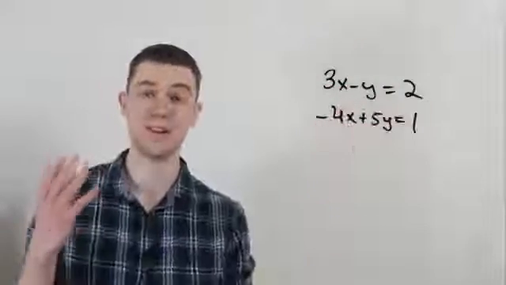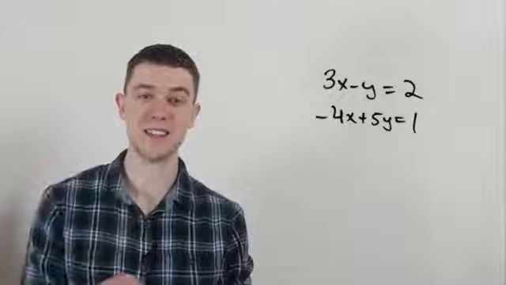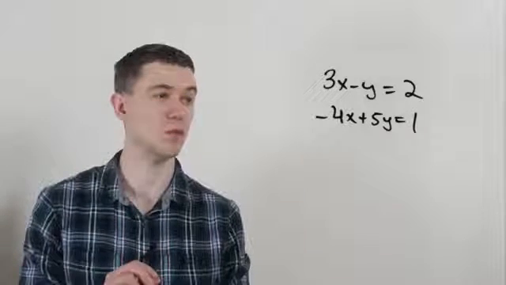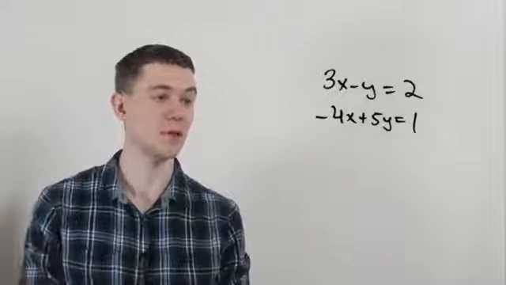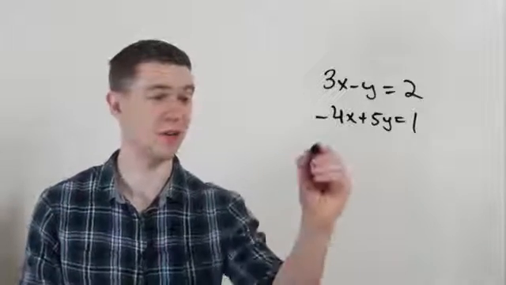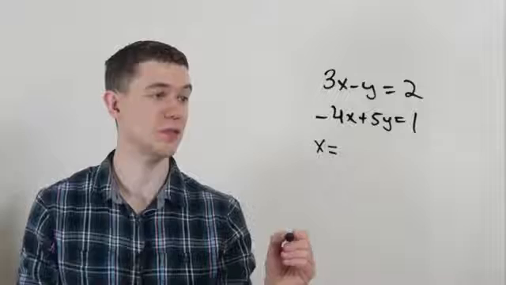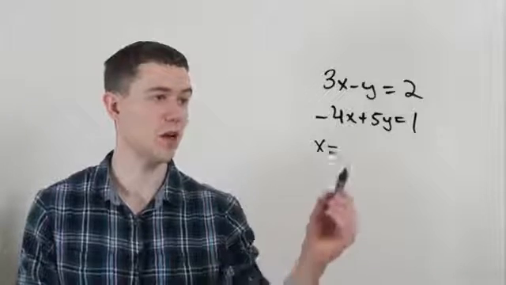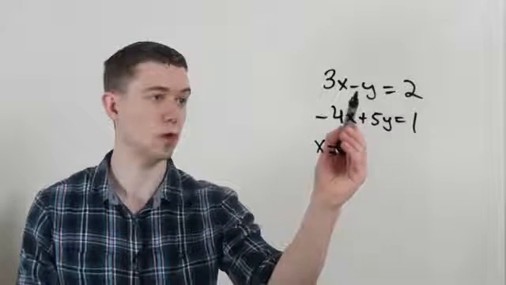Let's take a look at one more example to make sure you've got this down. Here I have another system of equations, simultaneous equations. 3x minus y equals 2, 4x plus 5y equals 1, and let's do the trick. So here we go. X is equal to, and remember how this works, we do minus 1, so we do